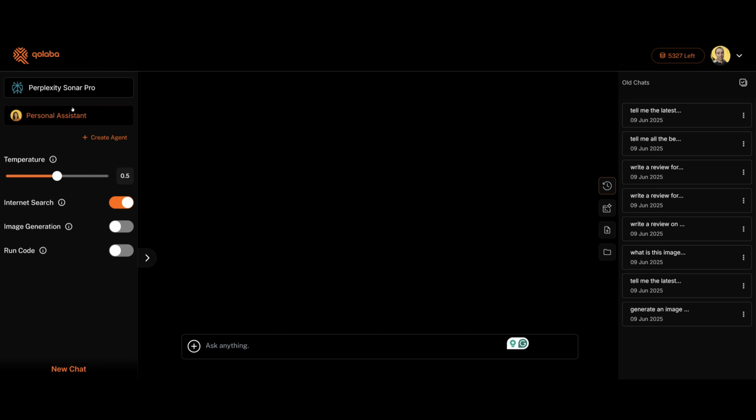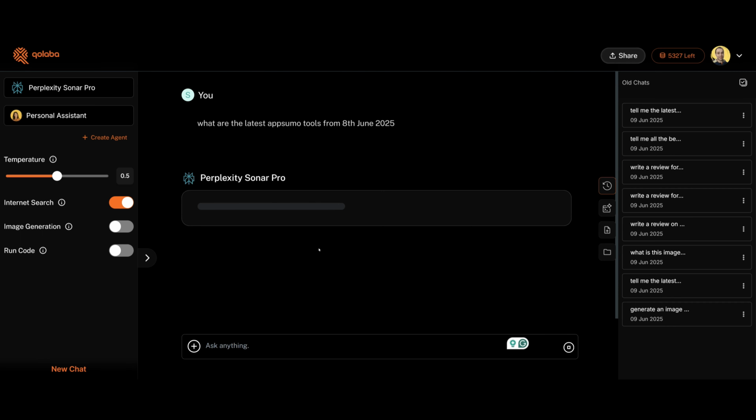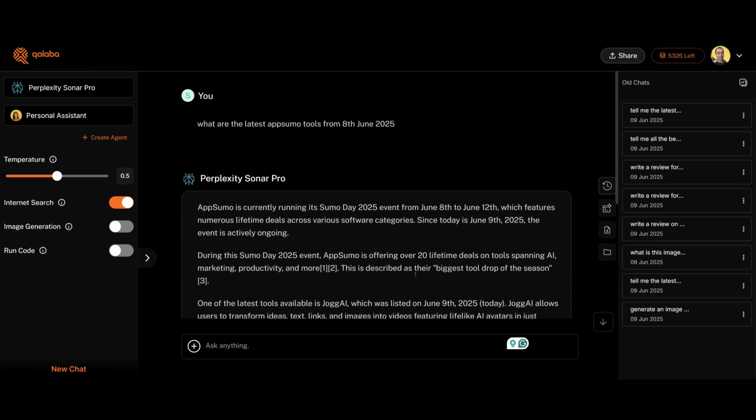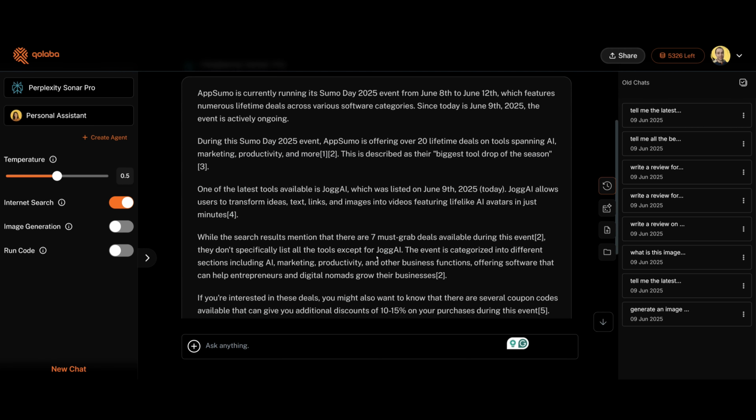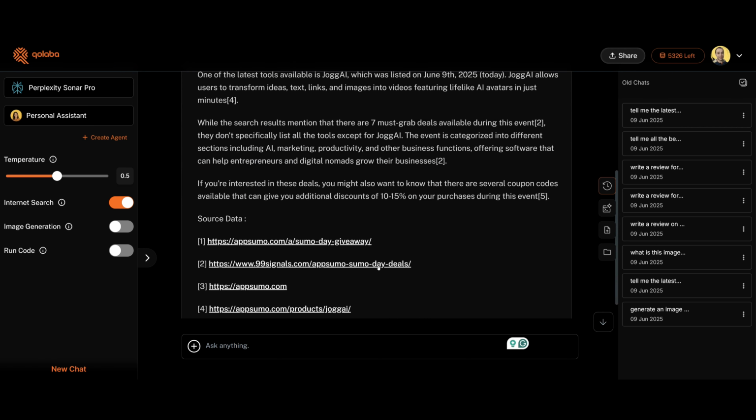Let's try one more with Perplexity Sonar Pro. And I'm going to put in here, what are the latest AppSumo deals from the 8th of June 2025? And they've just got AppSumo Select on, so I'm hoping it will pick up on that. And it has. It says AppSumo is offering 20 lifetime deals, and one of the biggest drops is Jog AI, and this is absolutely correct. So really nice here, and you could probably get the AI to list all the tools, but this is how